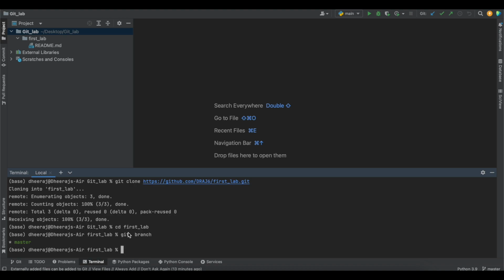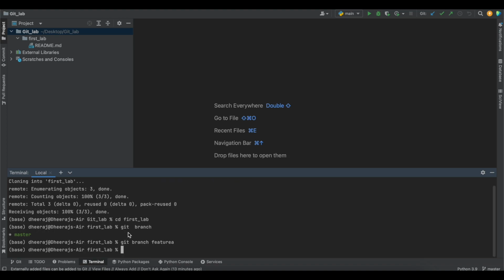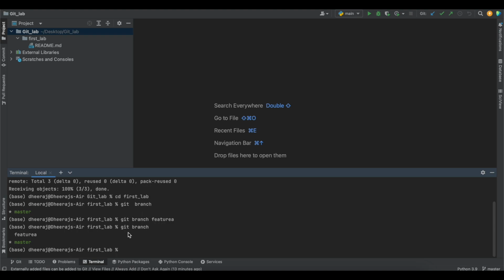Now let me try to create a feature branch where I'll be individually working, and once it's finalized, I'll be merging that with the master branch. So I'll be creating a new branch with the command git branch and any branch name of your choice. For now I'll be naming it feature A. Now if I check git branch, it shows me that there are two branches, master and feature A,